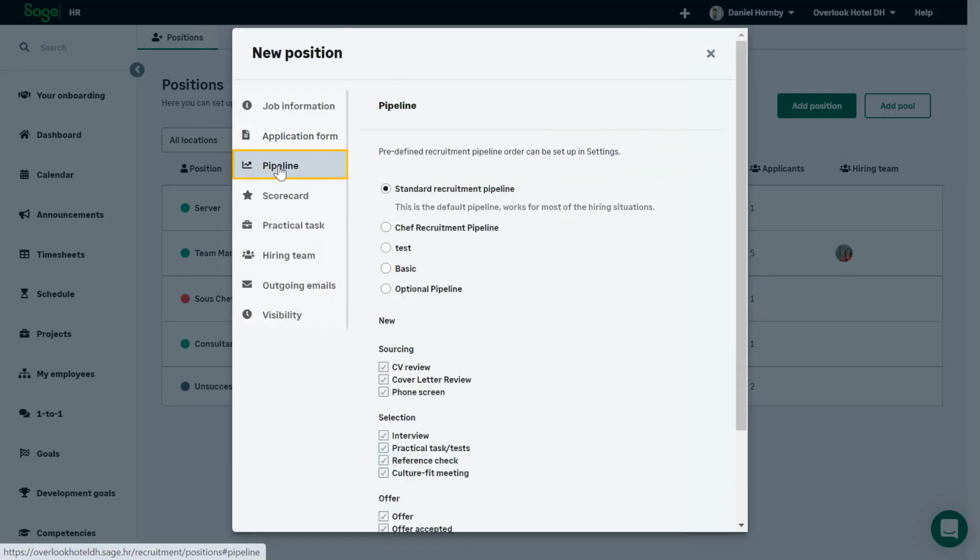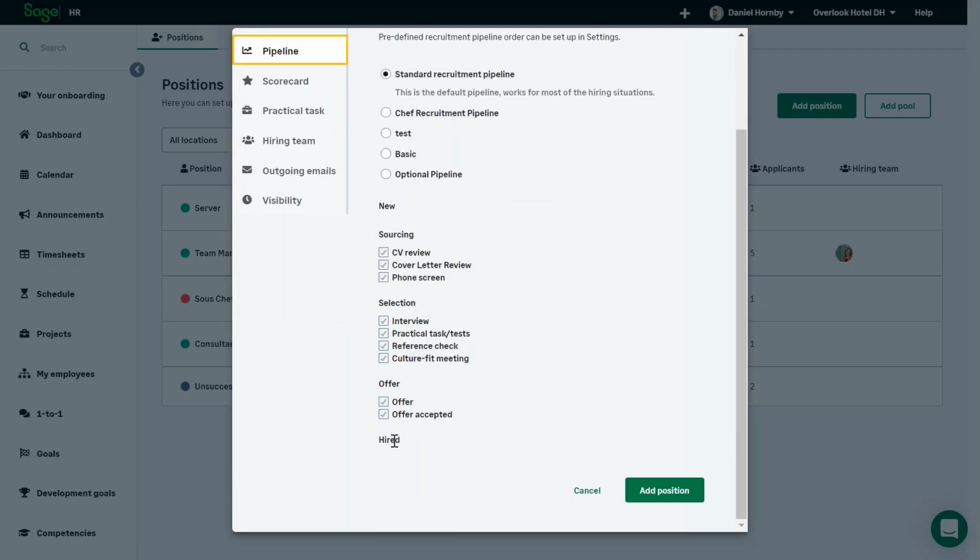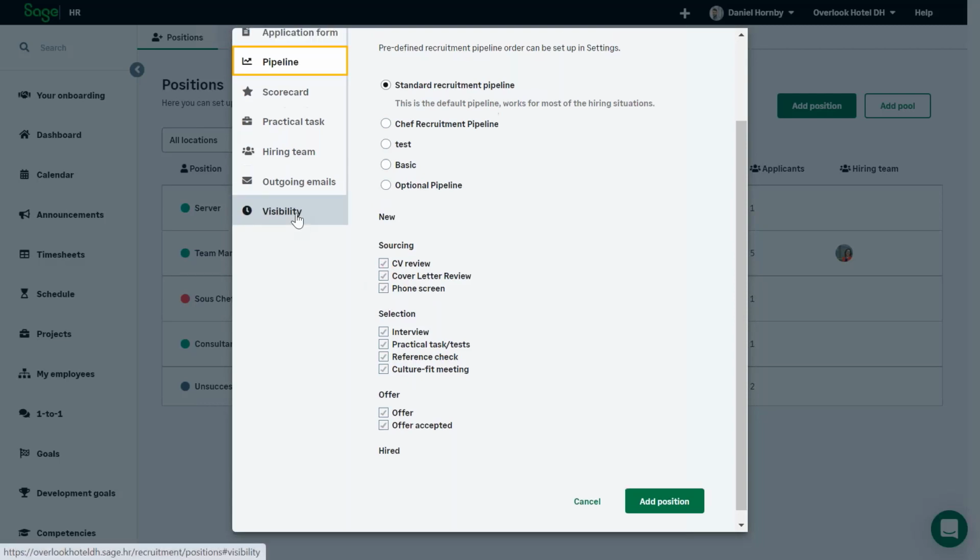You'll then be offered to pick a pipeline. Now you can customize these stages of the pipeline, and this includes the journey right through from applying all the way to hiring and everything in between. So you customize which stages are going to be a part of this particular position,